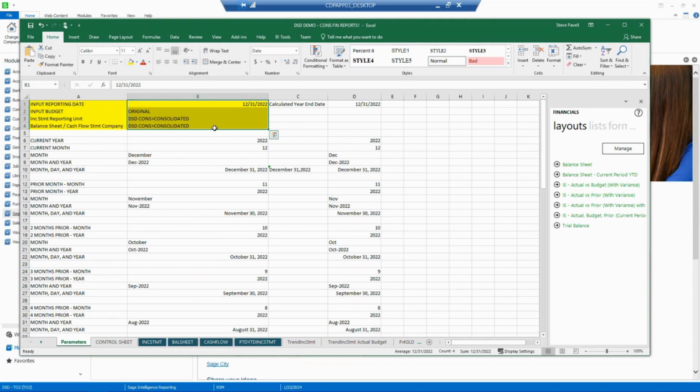And can we handle that? Yes, we can handle that as well. Okay. So I'm going to skip the control sheet for right now. I'm going to come back to that, but I'm going to go to the next tab, which is an actual